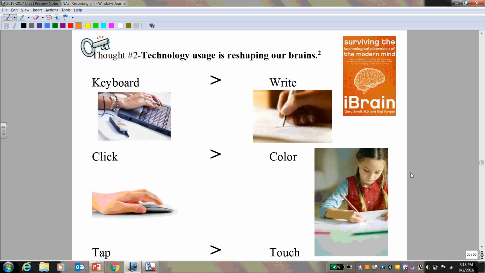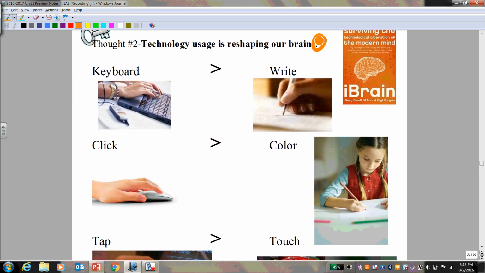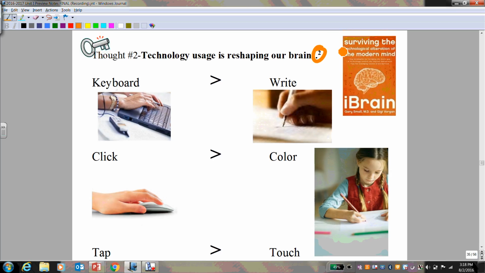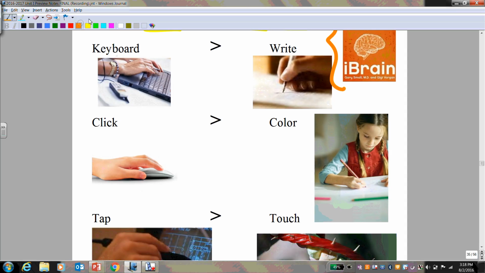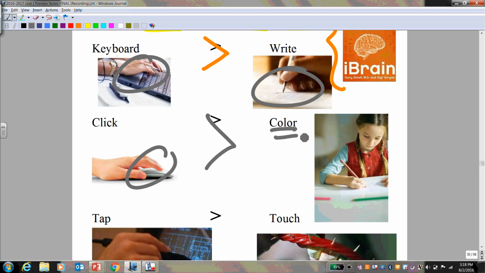Key thought number two, and once again, this is based on research. You can specifically look this up from a book called iBrain. And you need to understand that technology is reshaping how our brains are physically wired. Why is that? When we keyboard more than we physically write, and I'm going to be emphasizing physically writing more than keyboarding, when we click more than we physically color,